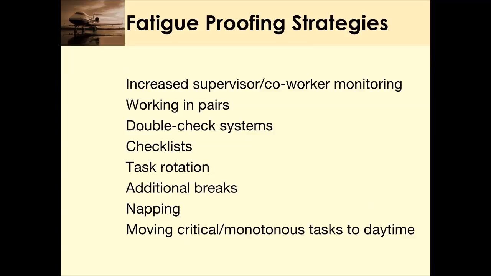Take additional breaks. A break of 10 to 20 minutes is usually enough to improve your performance in the short term. Research has found that performance starts deteriorating after 2 hours on high-demand tasks, so use your break to do something to improve your alertness, like getting some fresh air, some light exercise, having a coffee, or drinking some water. Then, of course, there's always napping. Taking a 20-minute nap can improve alertness, but don't forget about the sleep inertia effect.